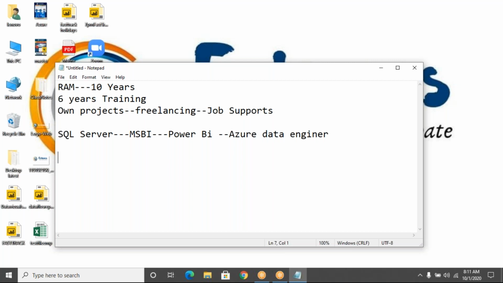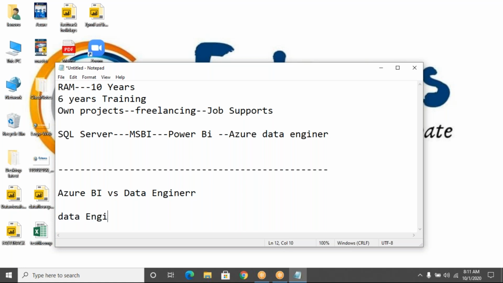So many of the people are confused about what is Azure BI and what is Azure Data Engineer. Azure BI versus Data Engineer. So Azure BI and Data Engineer both are the same, but a Data Engineer includes some more services.